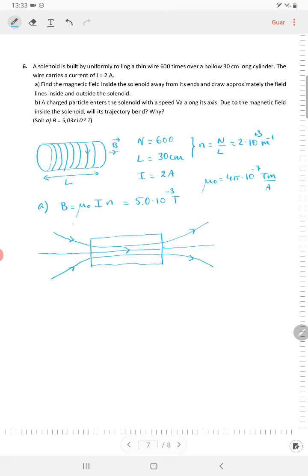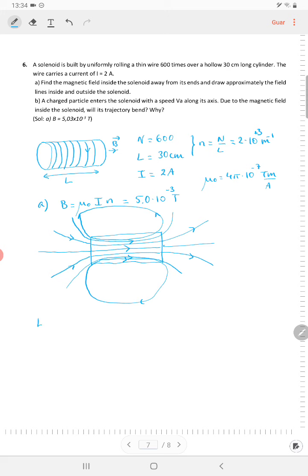And then more field lines here. And if you want, we do another one that should close approximately the loop here, okay? The others also close the loop, but it's further away, okay? We don't draw it. Okay, so in B we have a charged particle that enters the solenoid with a speed